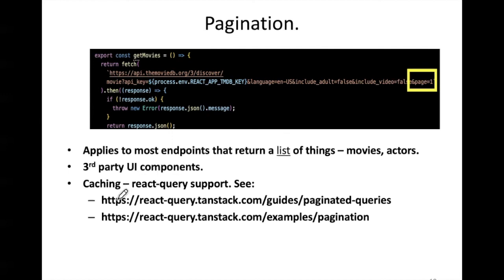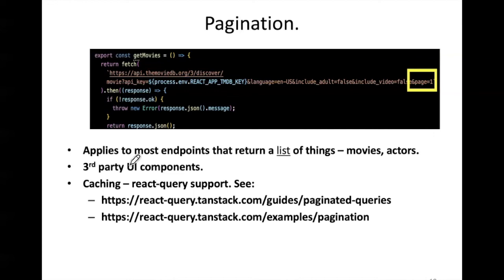And there are also third-party pagination components that would implement the UI part. There's the UI part, and then there's the logic part. The logic part is what I'm talking about up here. The UI part, you can find the third-party pagination UI component that will render just those pagination kind of links